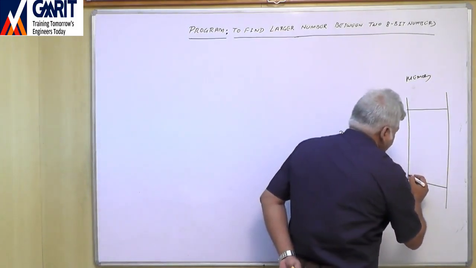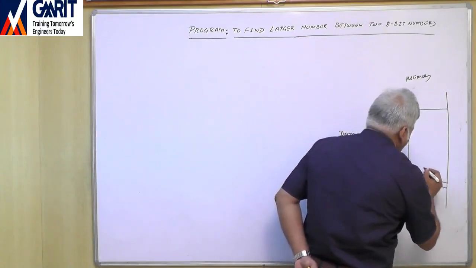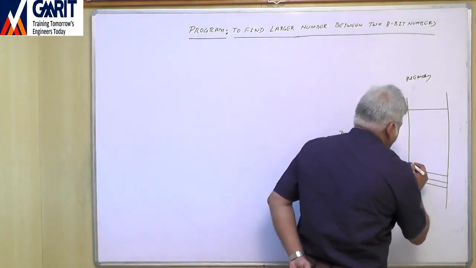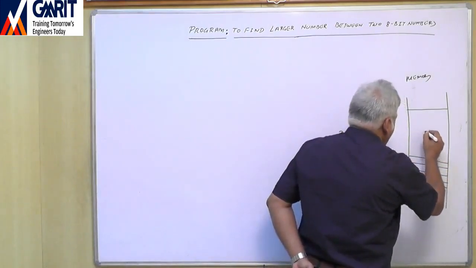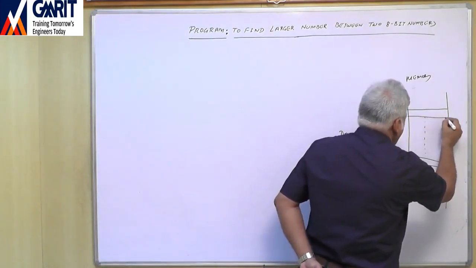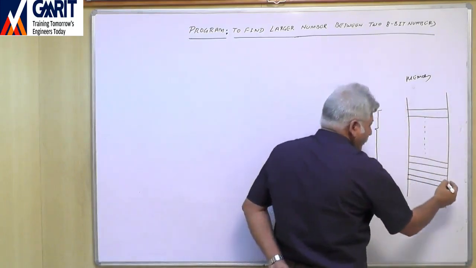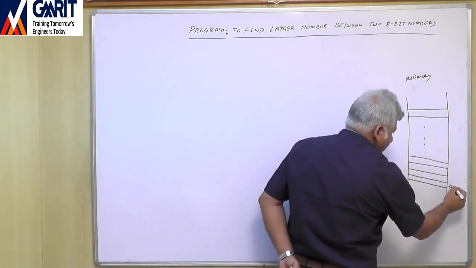Now the data segment is of 64 KB. So there are various memory locations, and the offset addresses of these memory locations are of 16 bits,